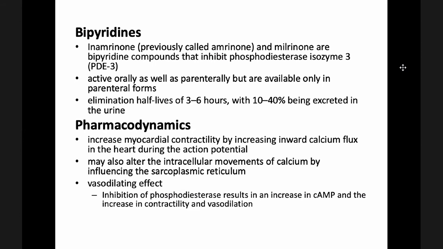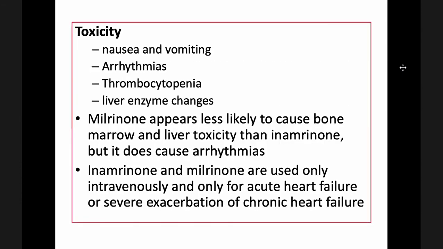It may also alter the intracellular movements of calcium by influencing the sarcoplasmic reticulum. So it also has a vasodilating effect by inhibition of your phosphodiesterase, resulting in an increase in your cyclic AMP and an increase in your contractility and vasodilatation. So toxic effects of the drug include nausea and vomiting, development of arrhythmias, thrombocytopenia, and changes in your liver